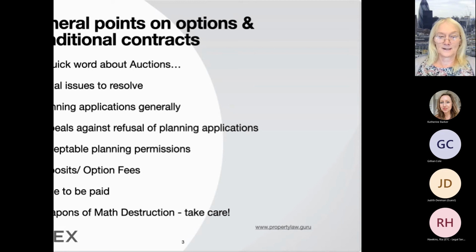So normally this isn't a consideration which is chargeable to tax because it's less than the nil rate bands. But normally the ultimate completion of it will add the two figures together. Okay. The next thing, the price. How are you going to work out what the price is for the conditional contract or the option agreement in both cases?